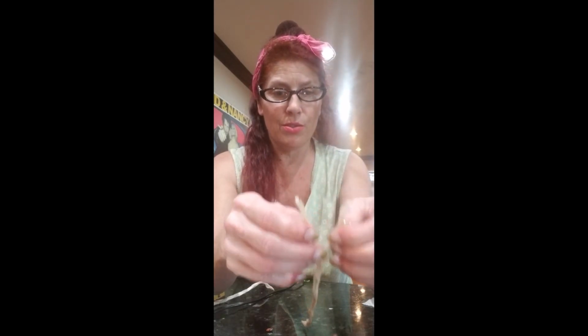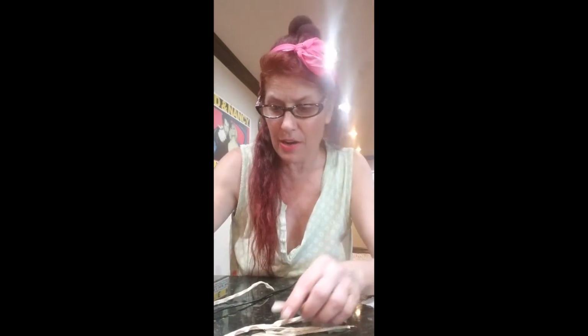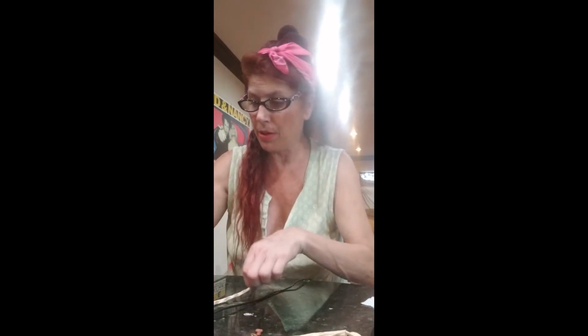I don't usually let them dry on the vine, because if something matures and dries like that on the vine, it signals the plant that, well, we made our fruit, it was good, or whatever, and it's drying, so they don't have to produce anymore. So I always pick them. But if they're really big, I pick them and I leave them on my counter and they still dry. And this has a ton